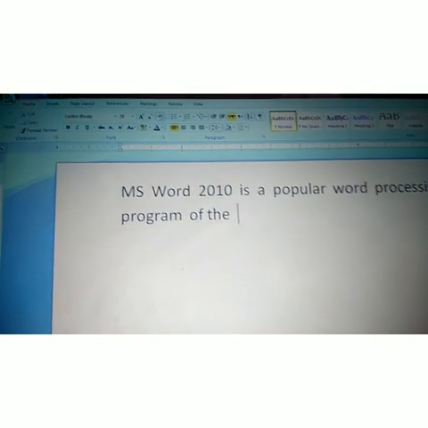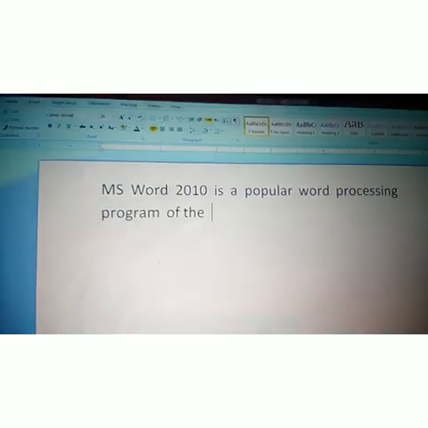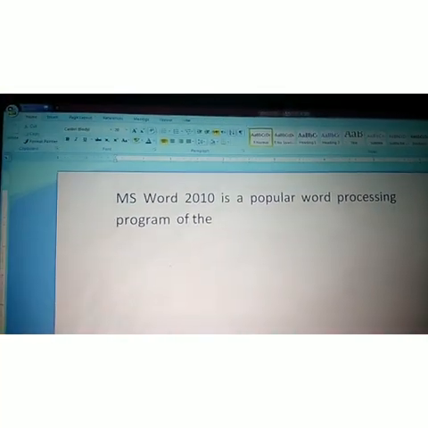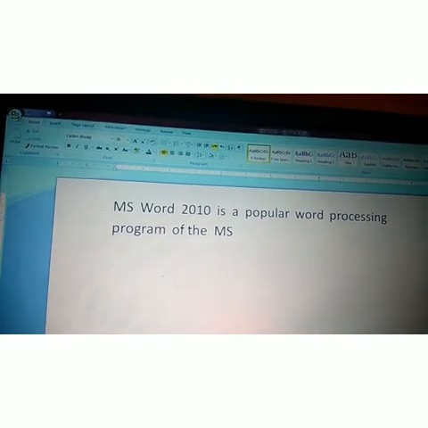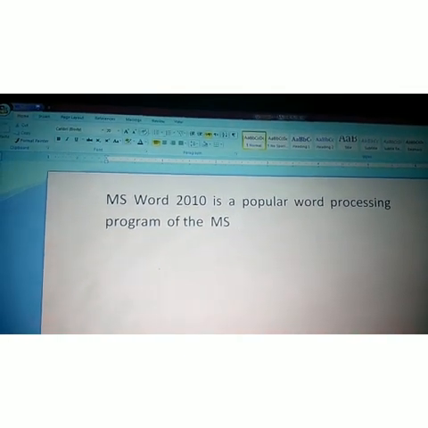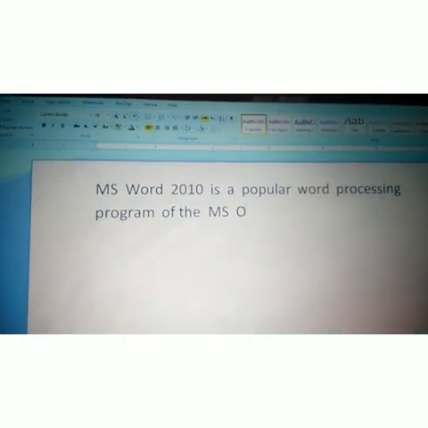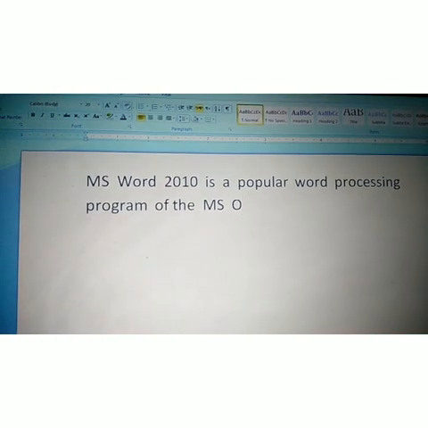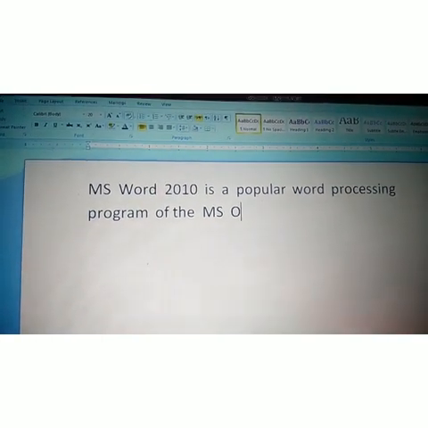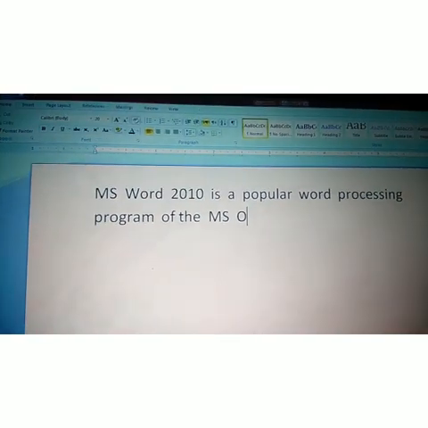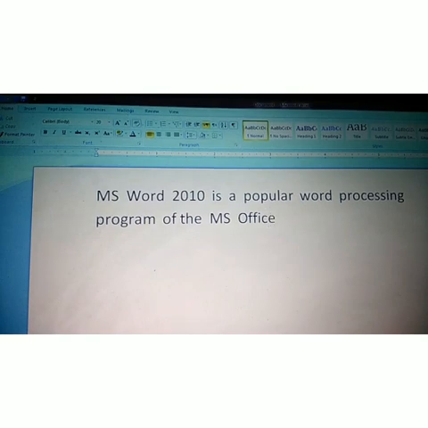And again I am using the caps lock key: MS Office. Then O in caps using the caps lock key, and after that small letters: f-f-i-c-e.